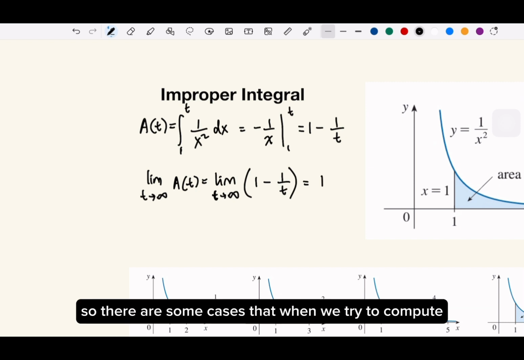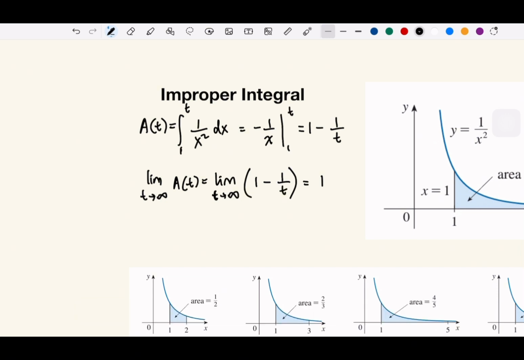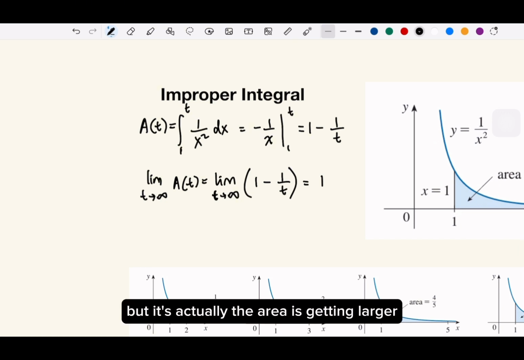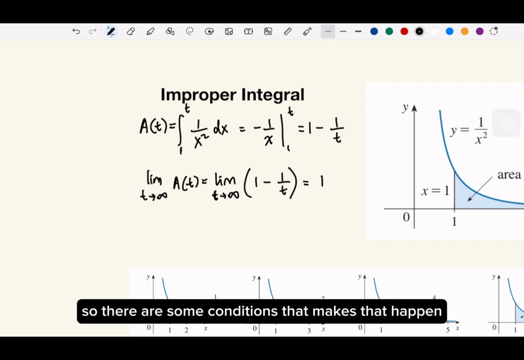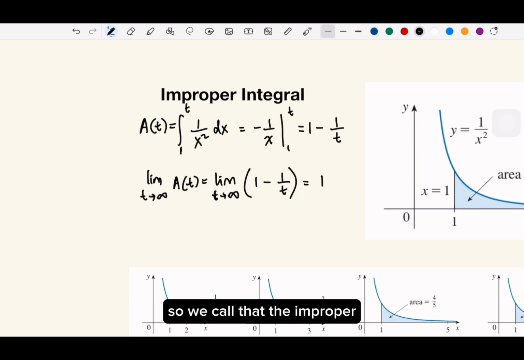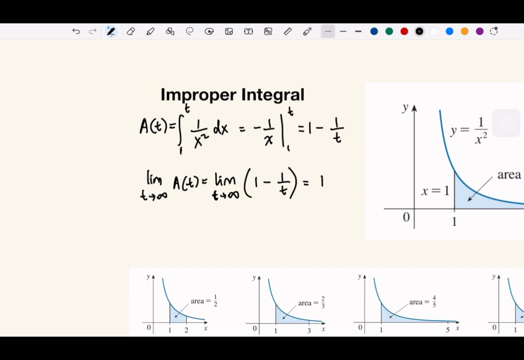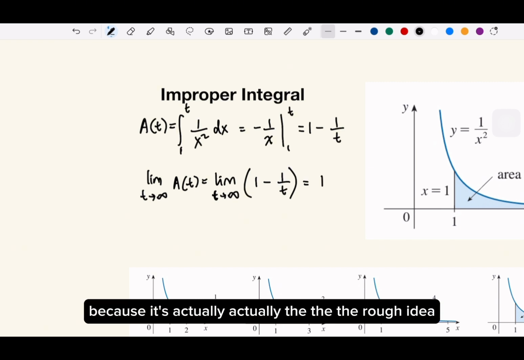So there are some cases where, when we increase the interval larger and larger, the area itself is finite. So it's finite, it's 1. But the region is actually getting larger. So there are some conditions that make that happen. We call that the improper integral. It's improper because